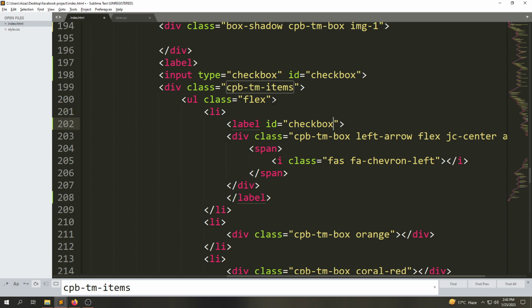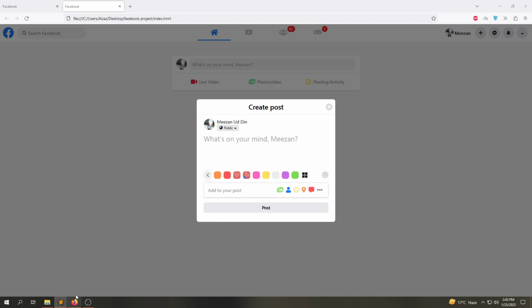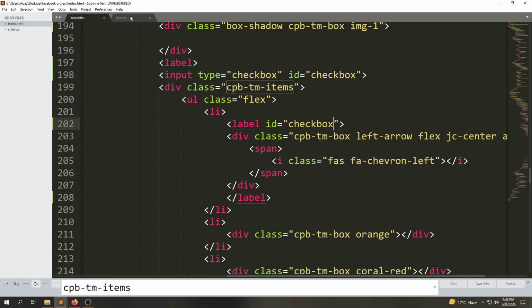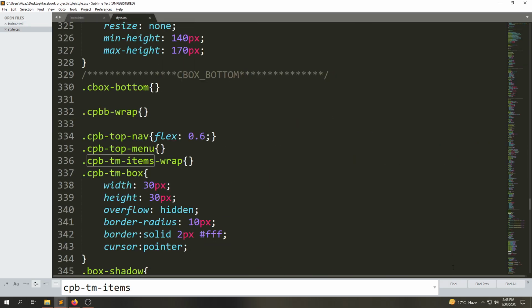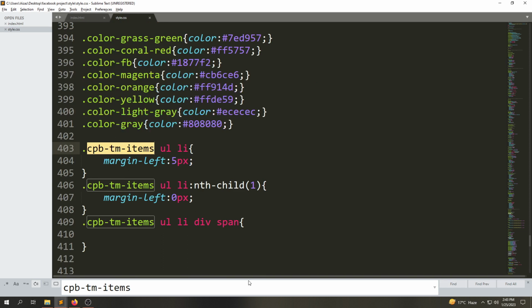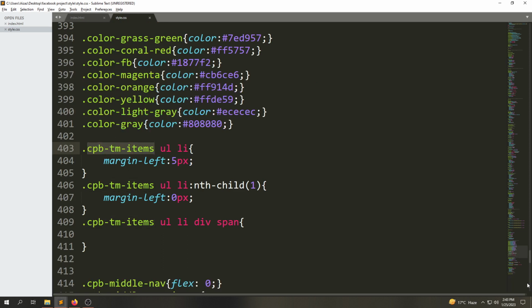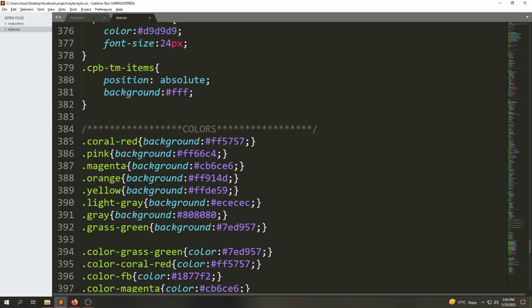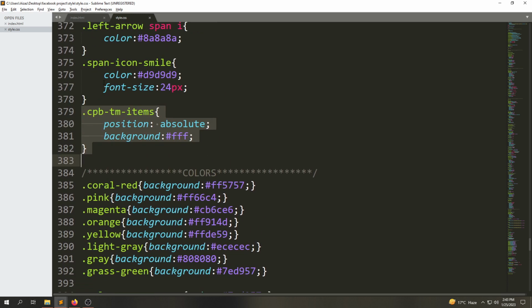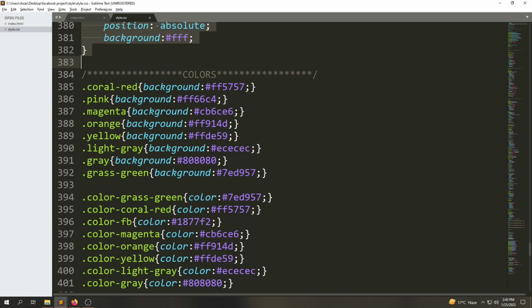So save the file. Now refresh the page. You will see it has an input here, and now the design is a little bit messy. So let's fix the design. So go to style and let's find tm item. I already added a class here, so find it. You will see it has the li element we have created before, but we need to find this rule, and up here